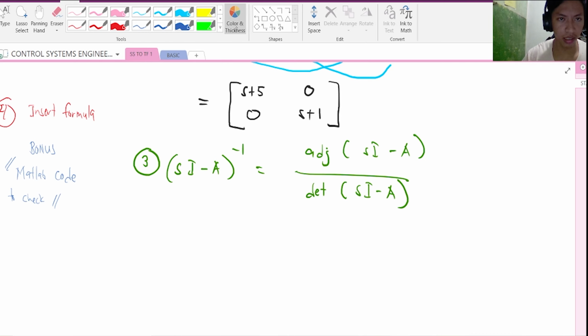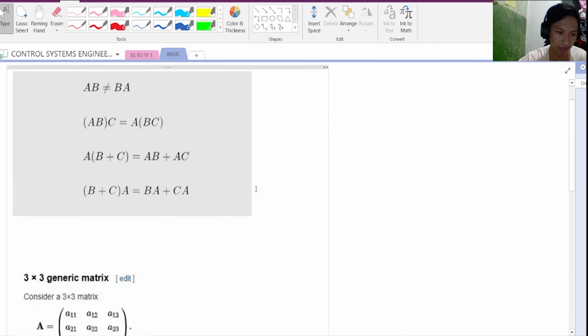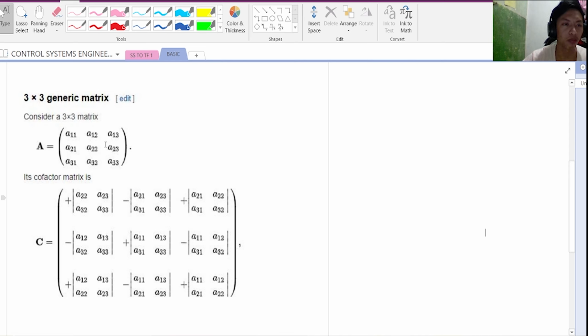Personally, this is the most efficient and also easy to follow process, cofactor. Now, if you're not familiar with the cofactor, I have this basic one. Okay, and then we're going to focus on this one. So basically, what does cofactor do is that, for example, we have this kind of matrix and we have to